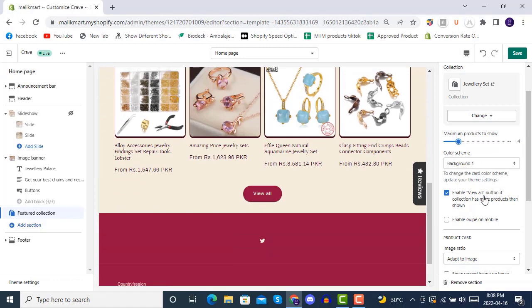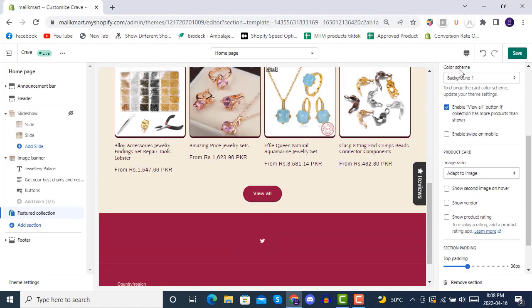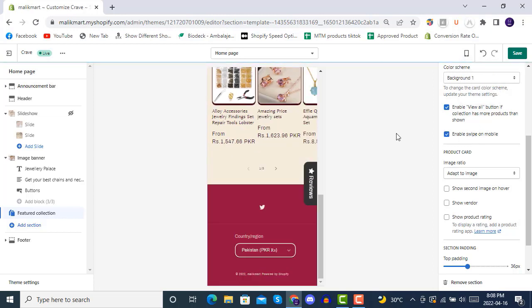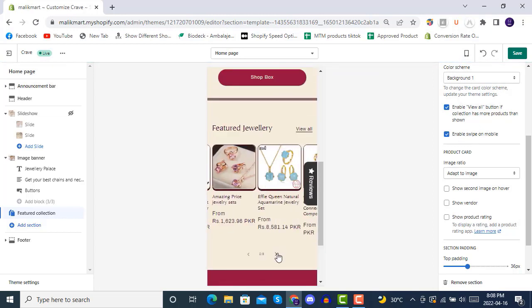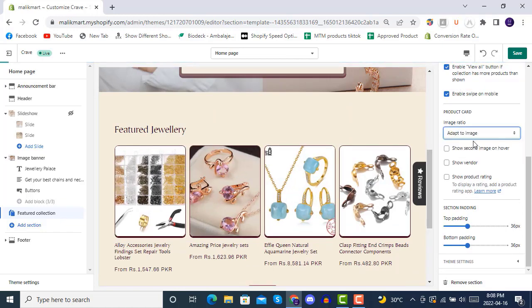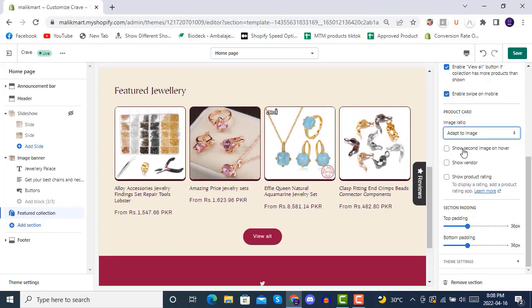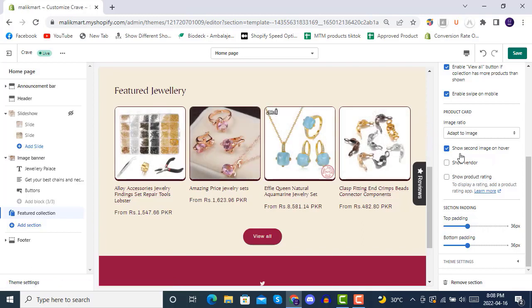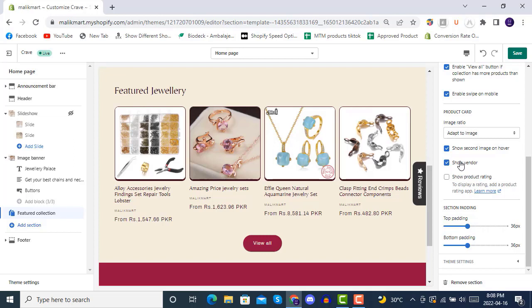And then you can make these things. Enable swipe on mobile if you are on the mobile side. If you enable swipe on mobile, then it will be swipeable content like this, and then you can come back on desktop, and then you can adapt product card, adapt to image, portrait, adapt to image, show second image on hover. So in here you see image hovers are working,